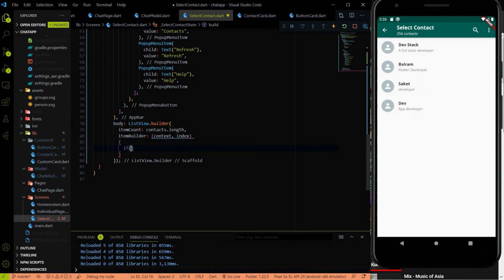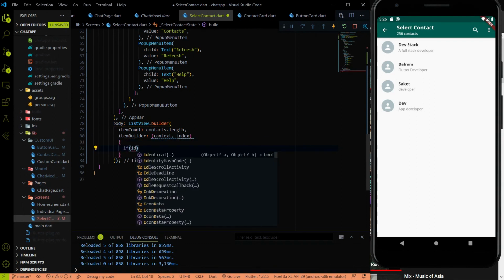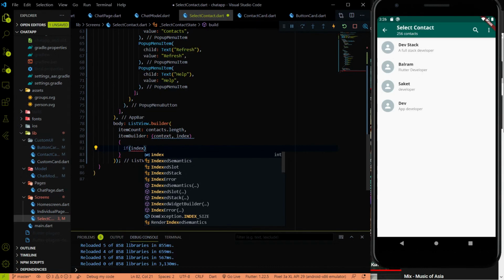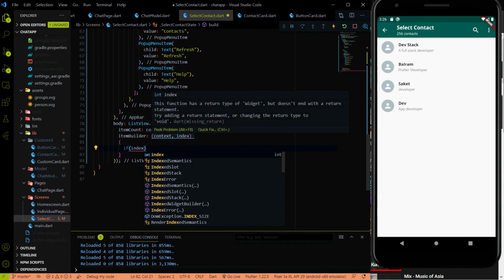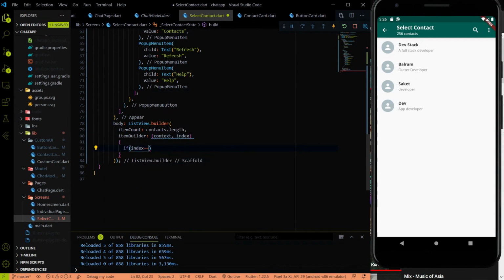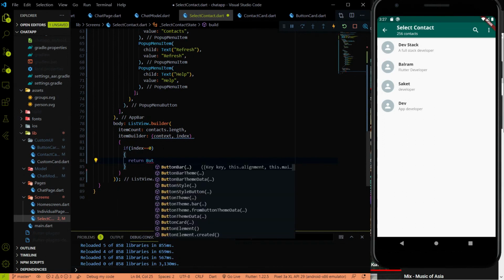So if the index value which we are getting over here, this item count has the length of the contacts and we are getting the individual index. Okay, so if the index value is 0, which means we are accessing the first data, then I'm going to return the button card which we created right now.